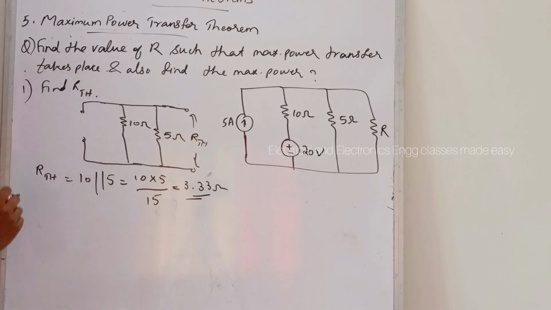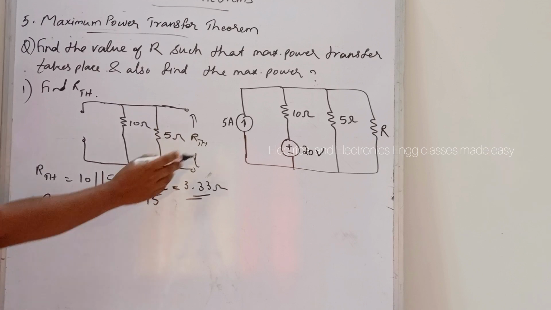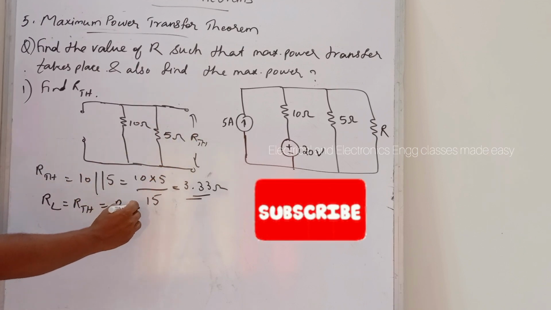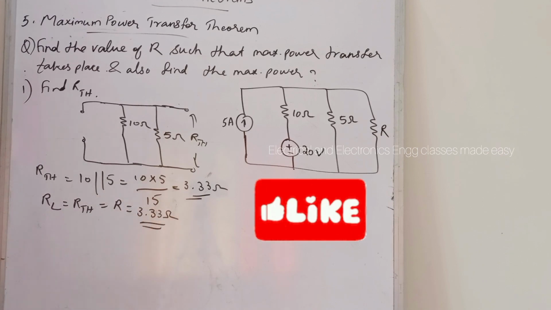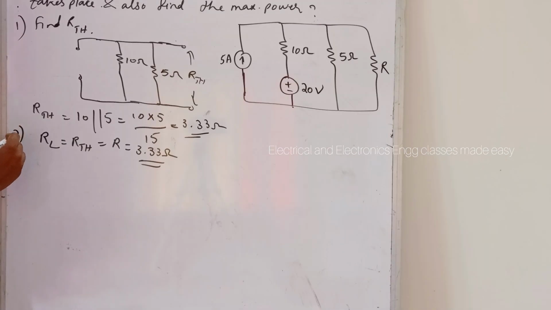So according to the maximum power transfer theorem, RL is equal to RTH, and here it is R. R is equal to 3.33 ohms. So this is the second step. Then the third step is to find VOC, that is the open circuit voltage. So for that,